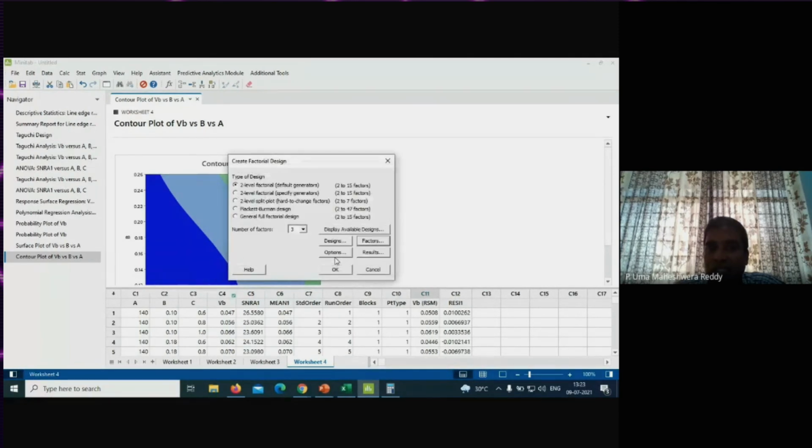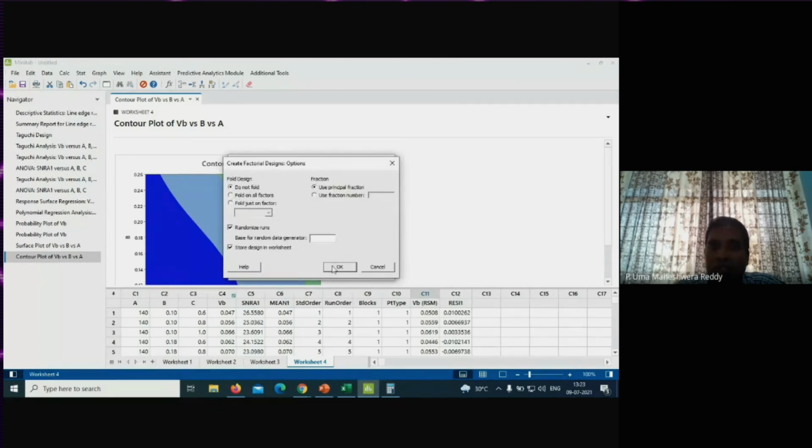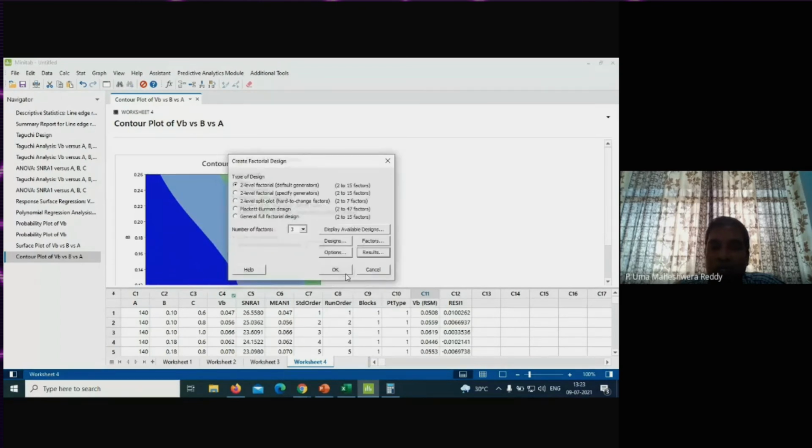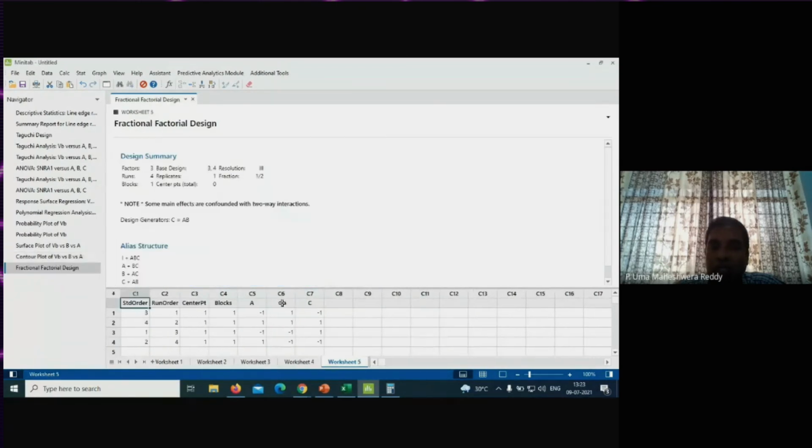So you select all these values, come to the options, and select the default results. Of course, I don't have any data, so I may not get the information correctly. Here you see the complete coded values. Before that, I need to have the data correctly. I need to enter the data in the sheet.